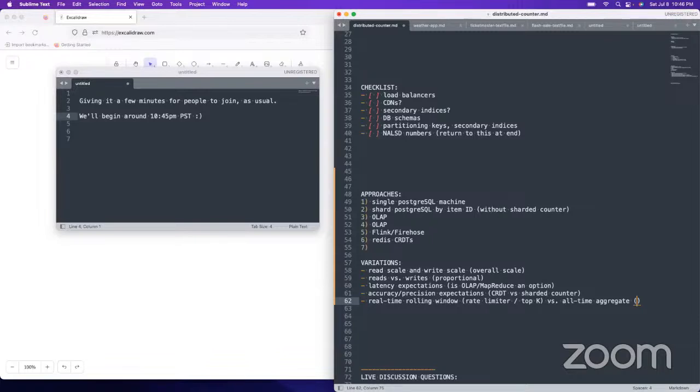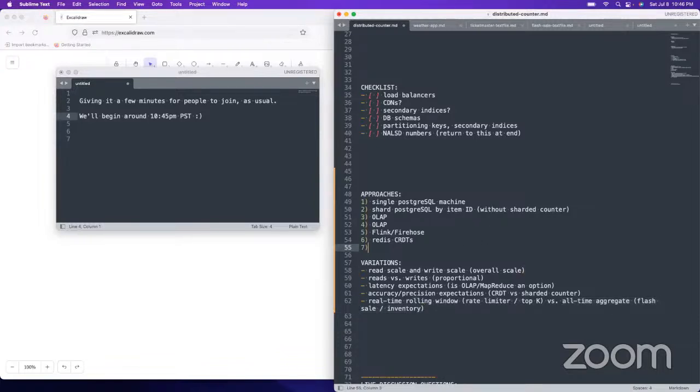Oh, flash sale or inventory, for example. So these would be like count-min sketch, for example, versus just a sharded counter kind of thing.